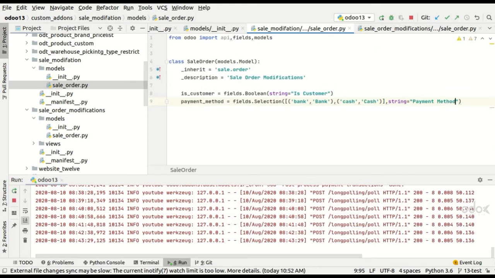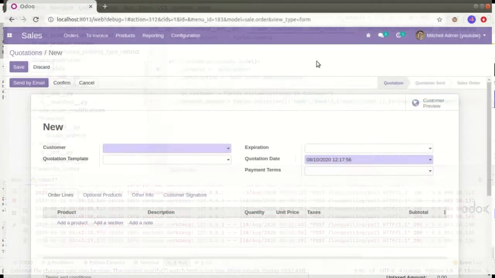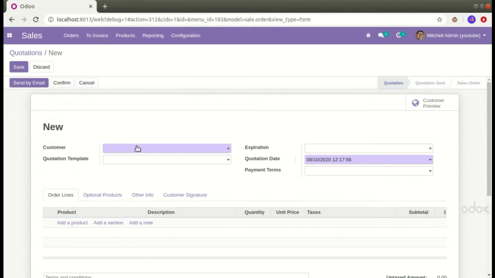Now let's see how to use these fields in the view. Let's go back to the sale order and choose where we have to place the custom fields. In my case, I'm going to add the custom field is customer after the customer, and I'm going to add payment method after the payment terms.